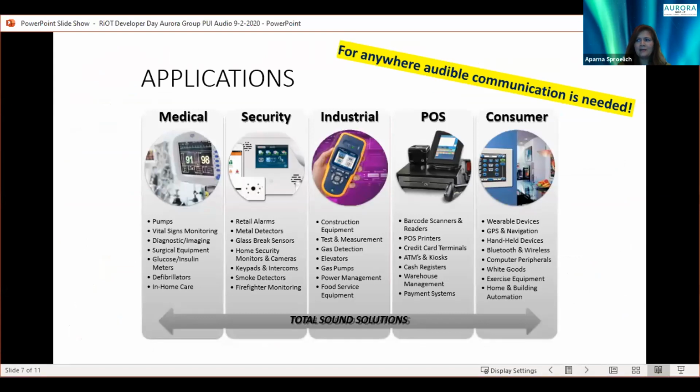Due to the recent pandemic, we see that we're more in the touchless world. Touchless human interface has really taken hold, of course, to reduce transmission of germs from surfaces to people. Audible communication allows direct communication to the devices and equipment. Don't have to touch it. PUI, of course, offers a variety of top-notch choices here and for many applications. Pretty much, you could use these devices anywhere audible communication is needed.